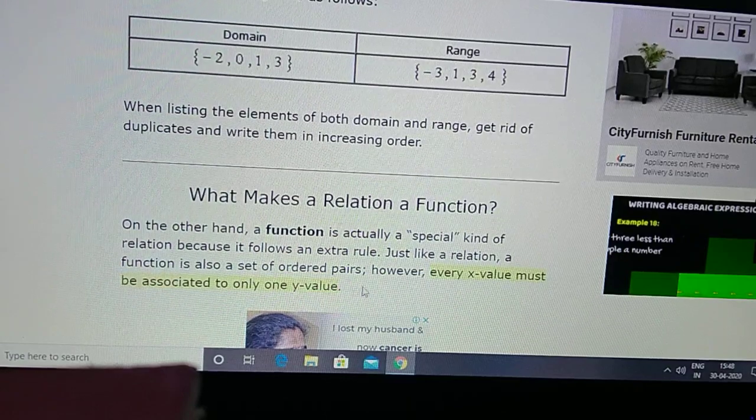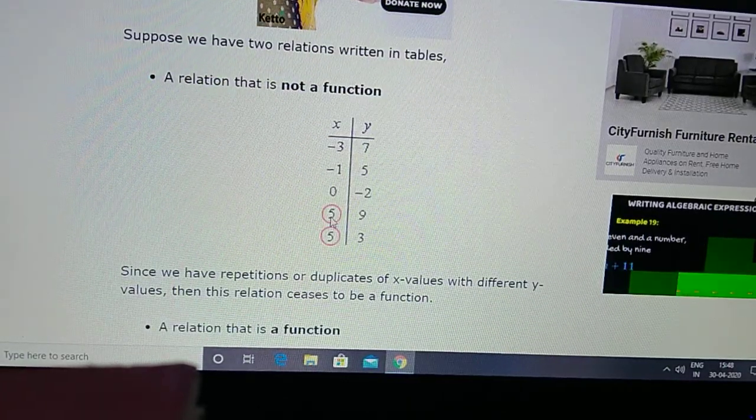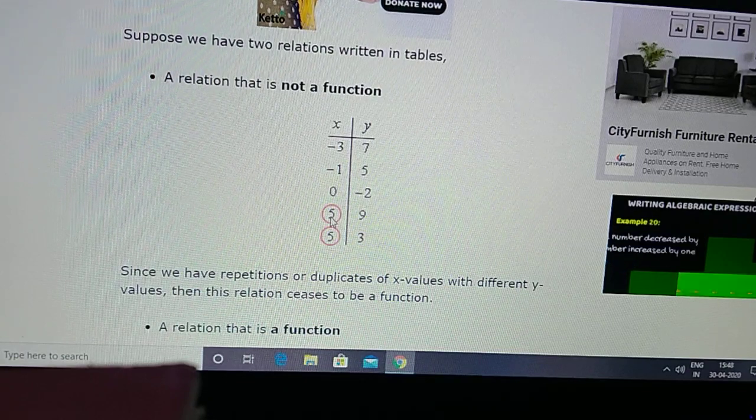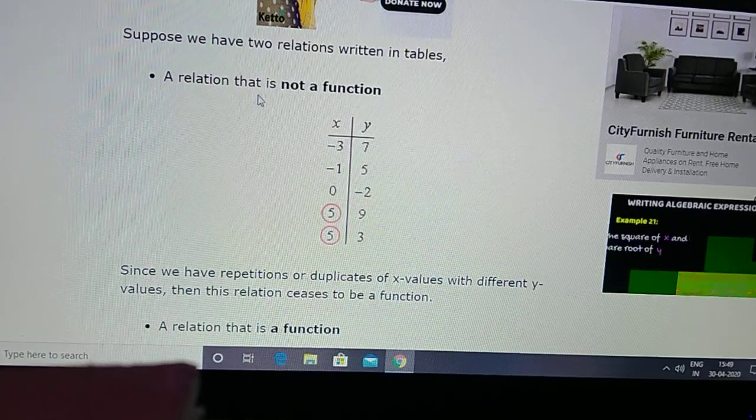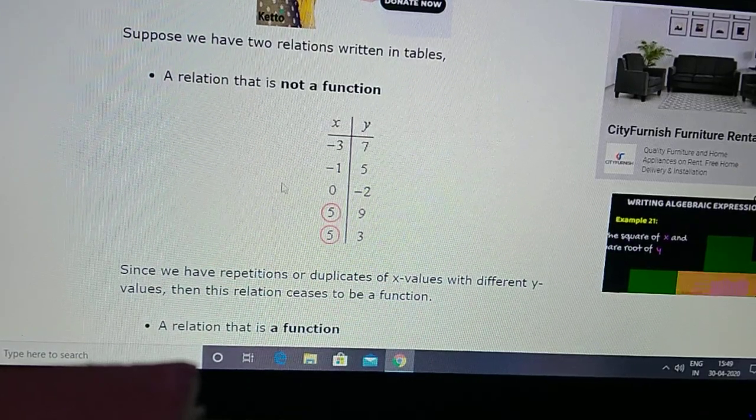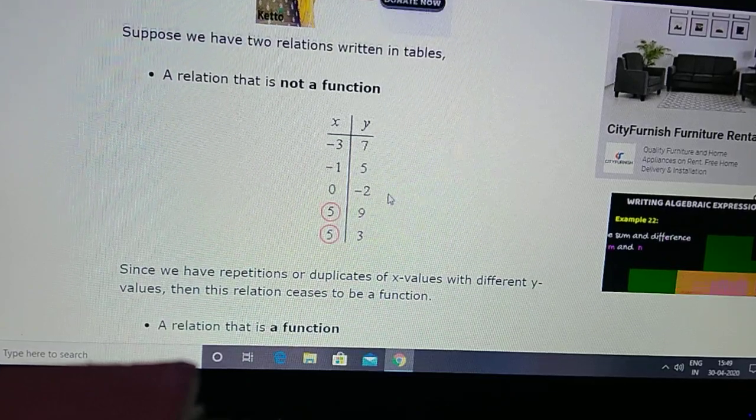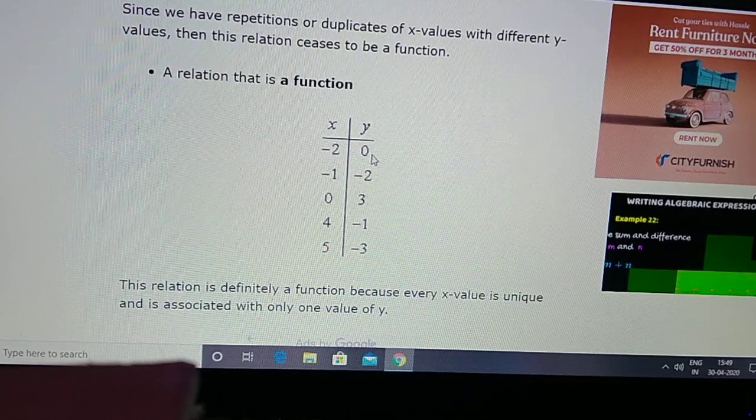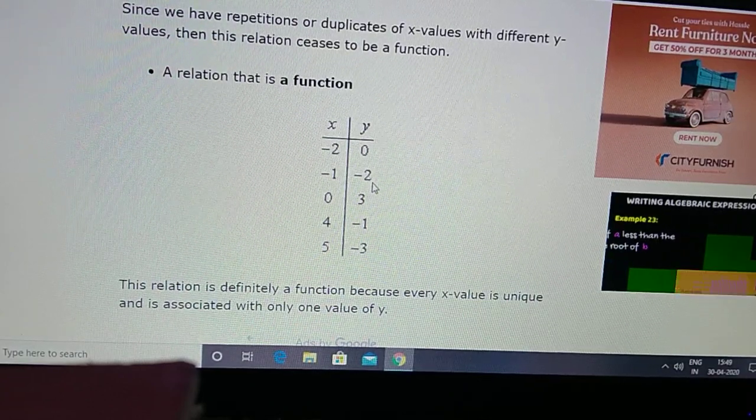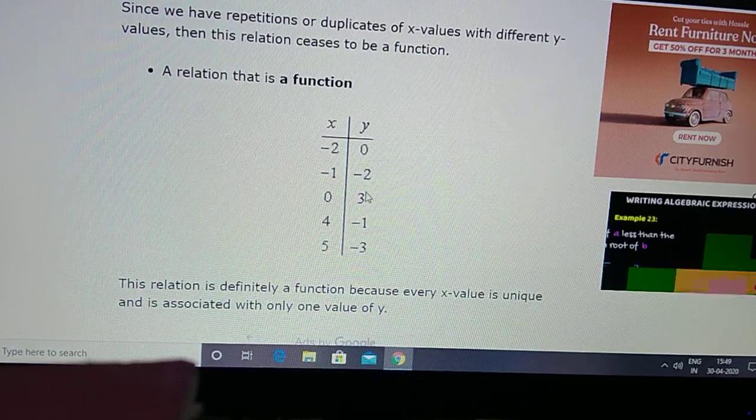If you look at this example, 5 has a relation with 2, 5 has a 9, 5 has a 3. So it is a relation, but it is not a function. Hope you understood. Now a further example: -2 and 0, -2 and -1, -2 and 0, 3 and 0,